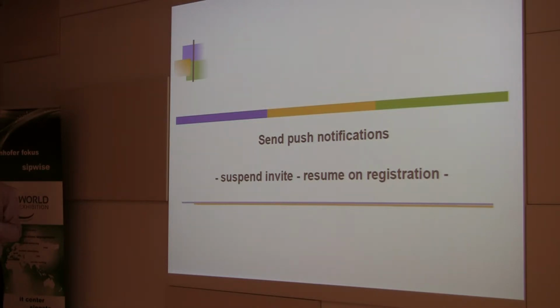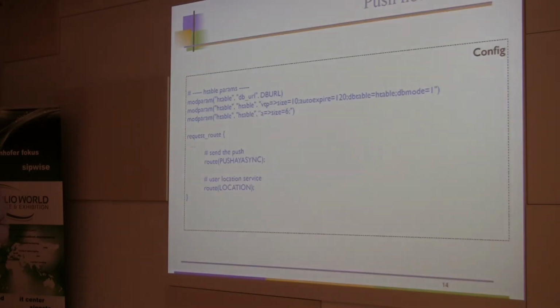So the idea is, okay, we get an invite, we look if we have a registration for that user. If not, we do a push notification. When we get the register, we'll resume the processing of the invite request. So practically I have here the main difference to the default configuration file. We'll use hash